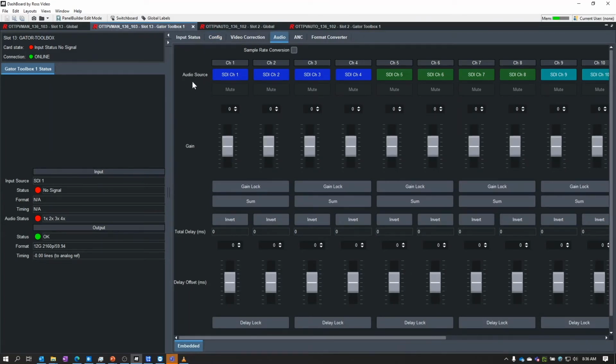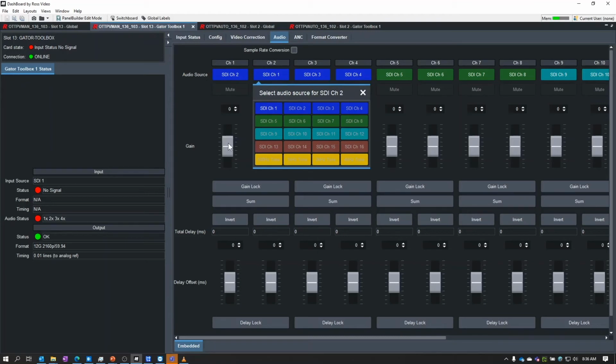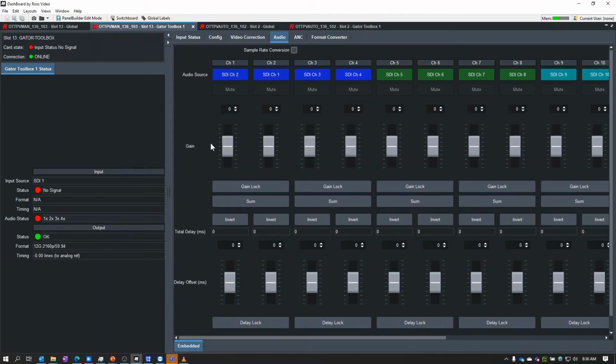Our provider has left and right swapped and is coming in a few dB hot. In Gator's Audio tab, we can easily remap the channels and make quick adjustments to the level. We can perform channel summing for simple mono downmix plus phase invert and adjust the delay for each channel. As before, we'll use Gator's HDR mapping feature to convert the SDR source to our HLG production standard.